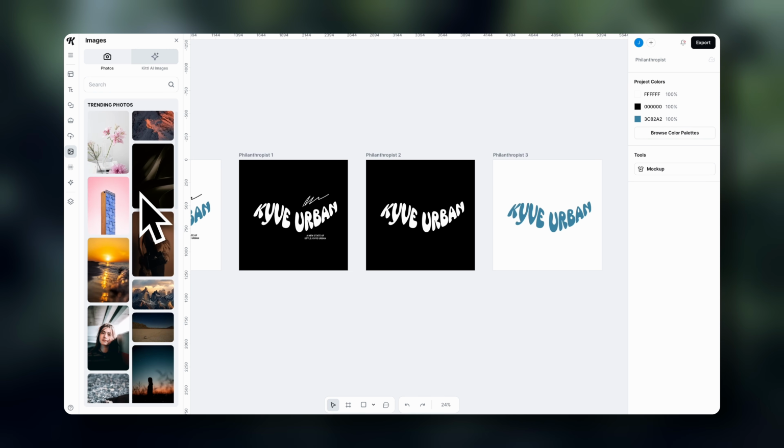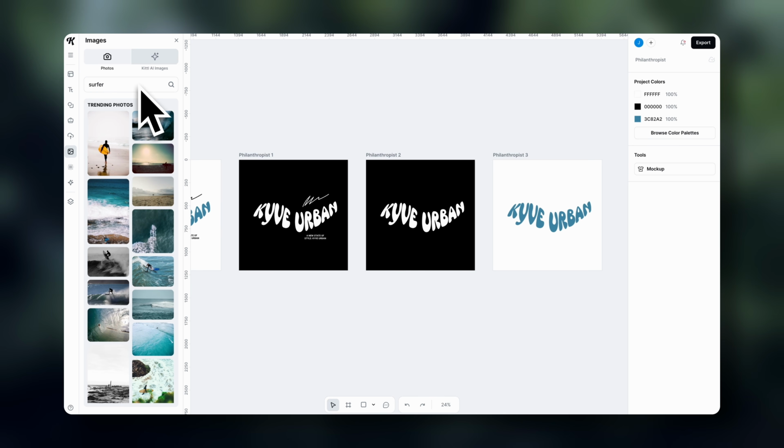So you could also browse through this and find something that suits your online store aesthetic. Now, I am creating a surfer style clothing store. So what you can do is instead of having a photo shoot of your own products in the banner, maybe you don't have the budget for that right in the beginning. What you can also do is just find kind of lifestyle images that have something to do with the industry